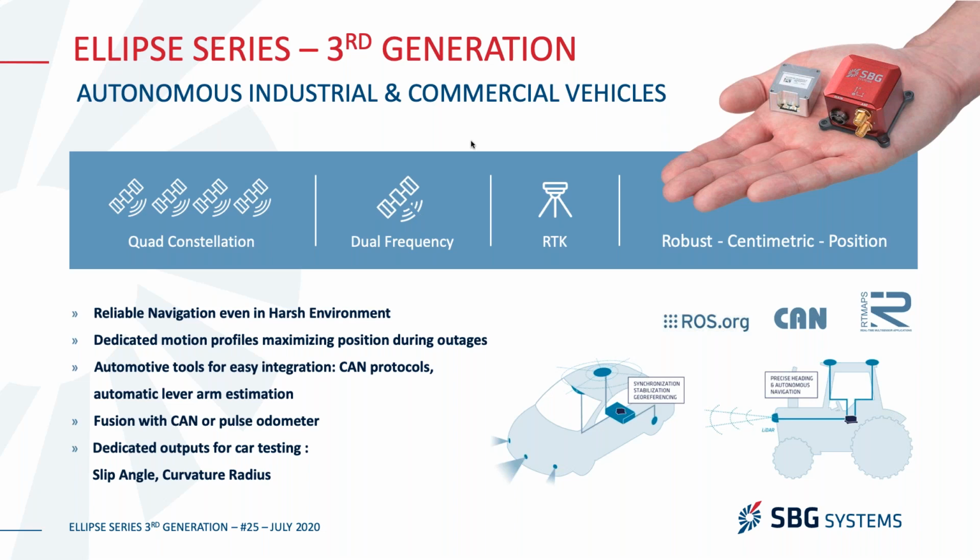The first thing is CAN bus. A lot of those automotive applications use CAN as a reference communication system. So we have that on the Ellipse, and we're probably one of the extremely few inertial sensors to have implemented CAN. We are also able to fuse odometer data, so the wheel speed of the car, to get more accuracy when we're losing GPS. So if we're going into urban canyons or under tunnels, to keep your position as accurate